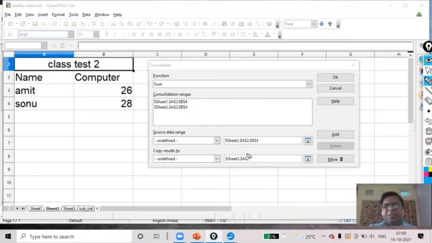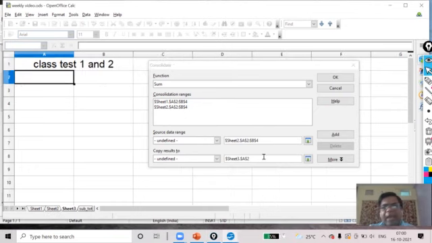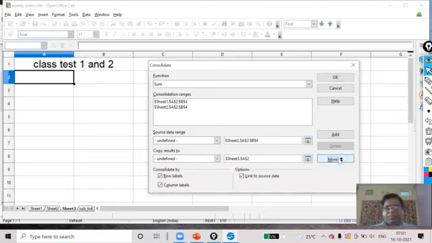The next part is to go to sheet 3 and keep the location where this work has to be done. I want this sum to start from A2. Now click on More. Here you will see these 3 options.